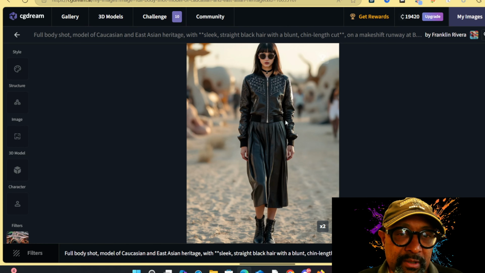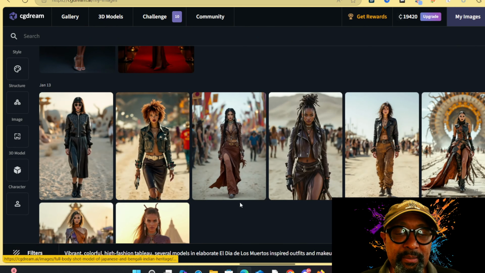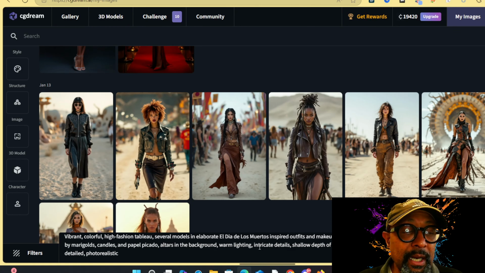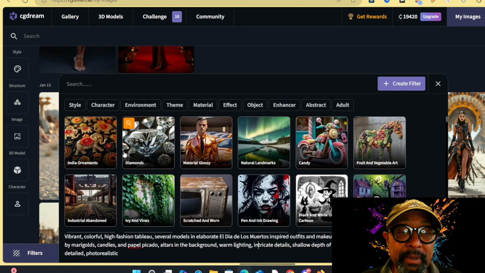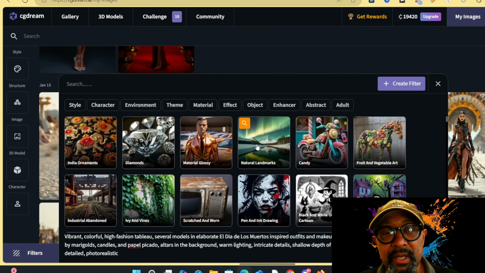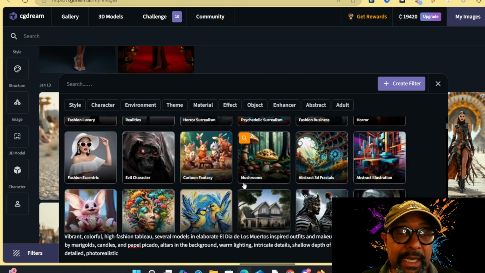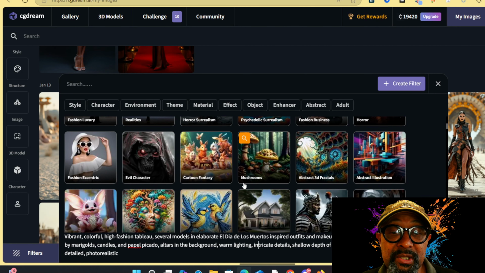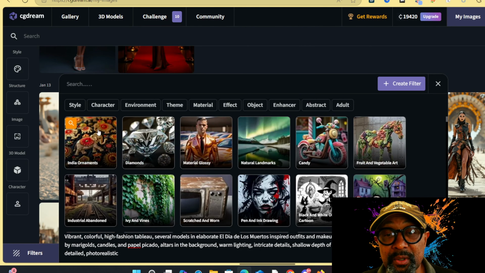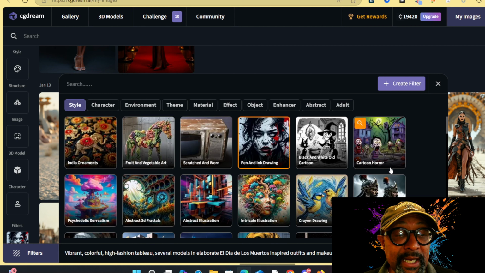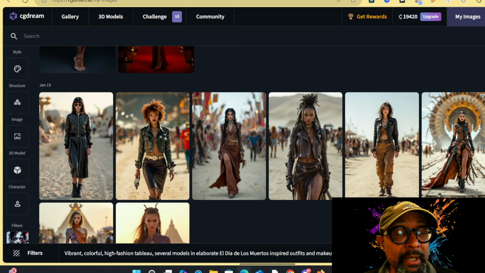But one thing that's really nice about CG Dream is that when you do put in a prompt, so for example, here's a prompt right here. If I hit enter, I'm able to enter in a bunch of different filters. So this is really nice. If you're not really sure about the type of look that you want to go with, CG Dream can actually help you with all of these different filters, which I think is really cool. I haven't used any of them yet in any of my productions, but I think I'm going to, because you can choose between the style, all right, pen and ink drawing. So if I choose that one and I go ahead and hit generate,